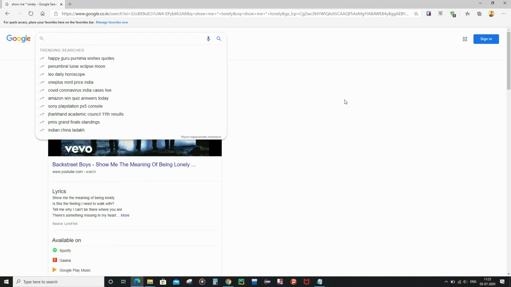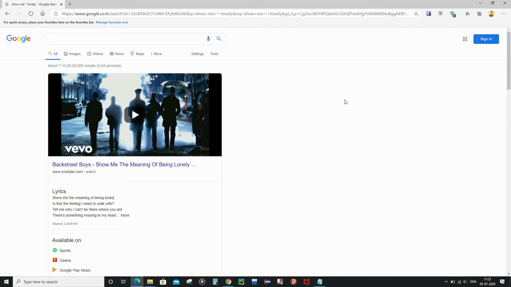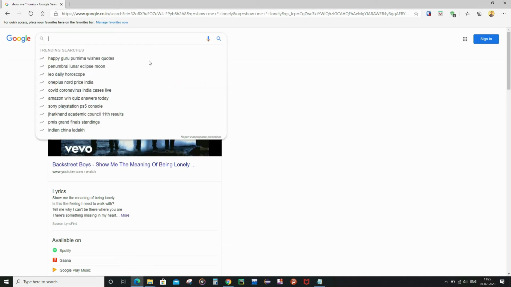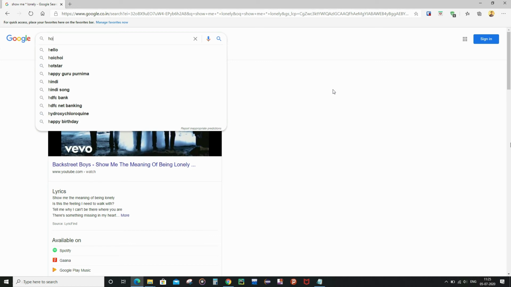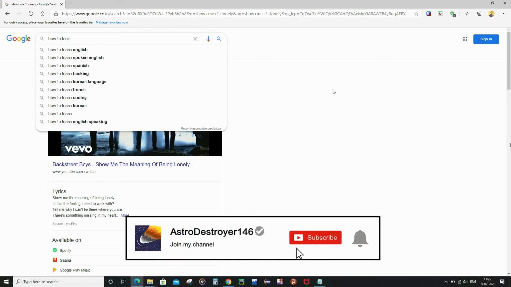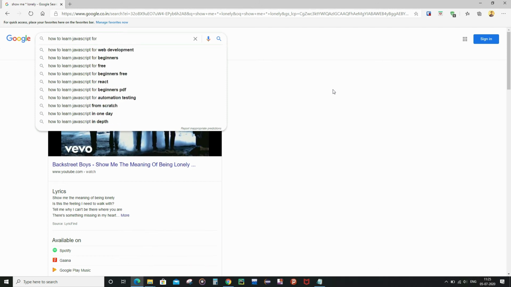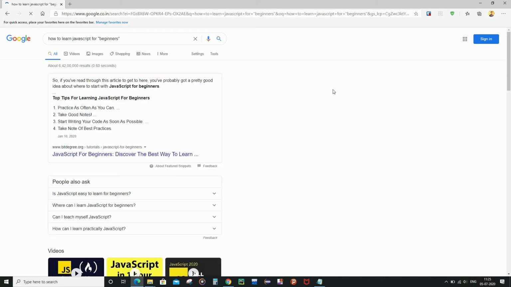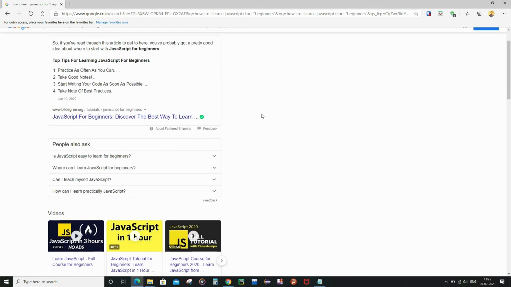And after that, suppose you want to highlight a specific phrase or words in your search sentence which you actually want to search on the Google web browser, then you can actually enclose that phrase or word inside quotations. So let me show you an example. So if you want to learn JavaScript and especially you are a beginner, then you can highlight the word beginner to get the list of all the websites where you can learn JavaScript, especially if you are a beginner.